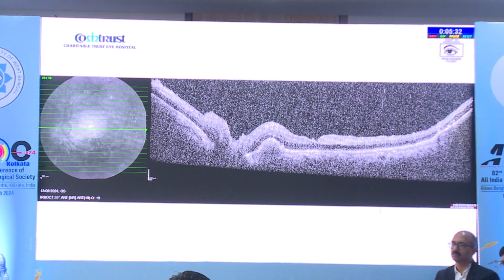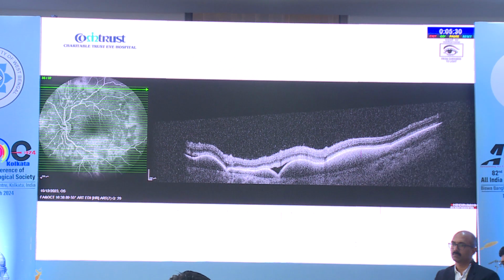It's under the RPE close to the disc at the posterior pole, and if you take scans along the equatorial area, you can see the bumpy RPE. The RPE is bumpy and there is some material underneath the RPE, and between the RPE and sensory retina also you can see some exudative material. So these findings, especially this OCT as well as this kind of picture, it's a very clear-cut case of